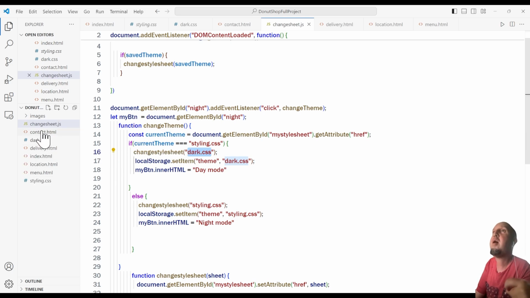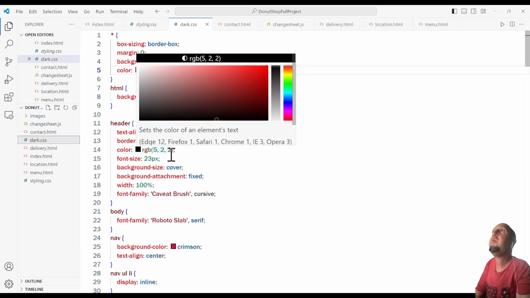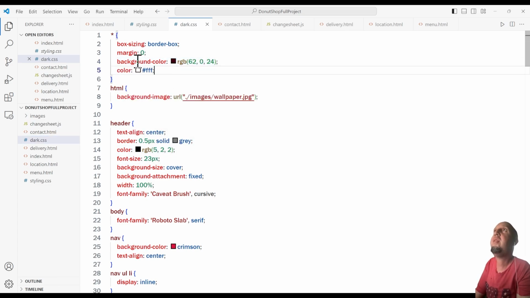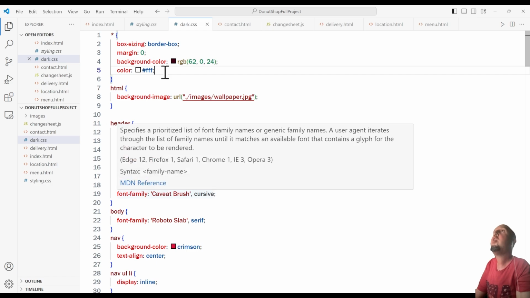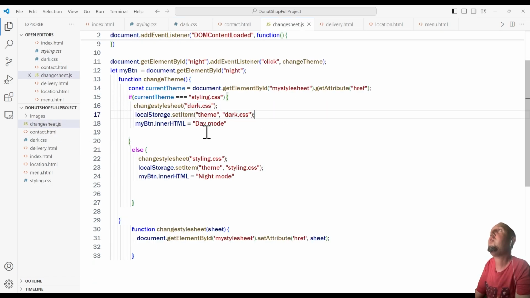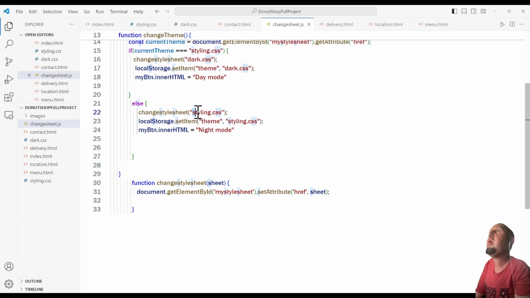All right, so we have copied and pasted it, and we have made only one change, which is this background color and this color at the very top. So after you do that, you are going to change this to dark.css basically, and this will be the name of your